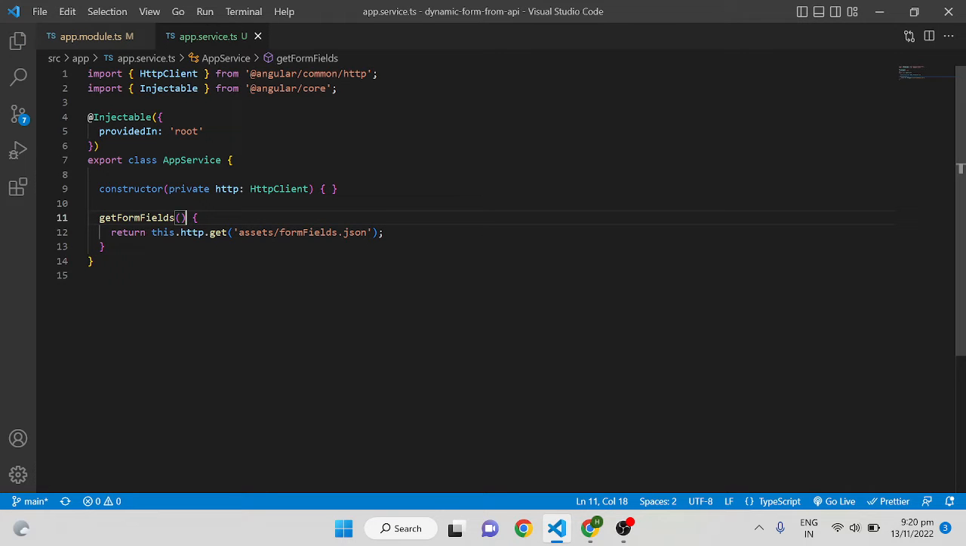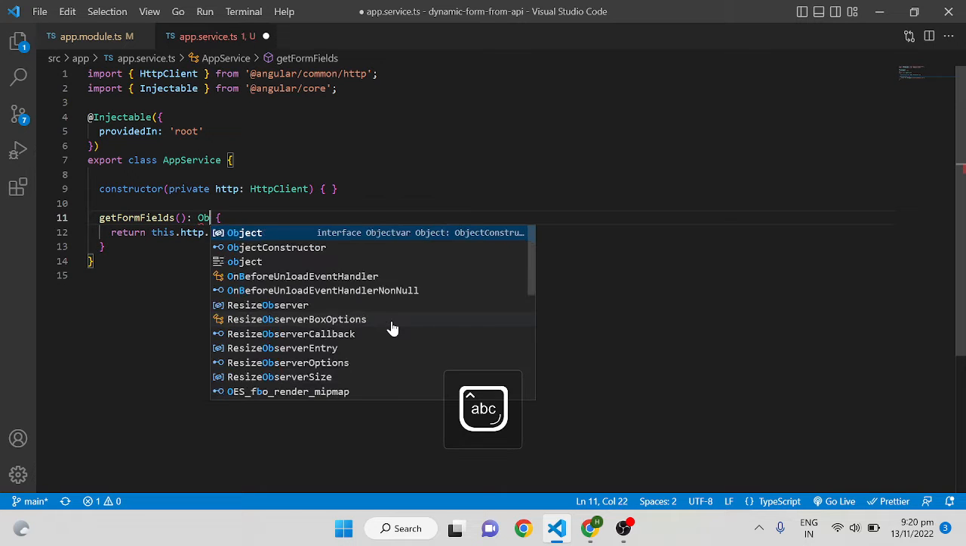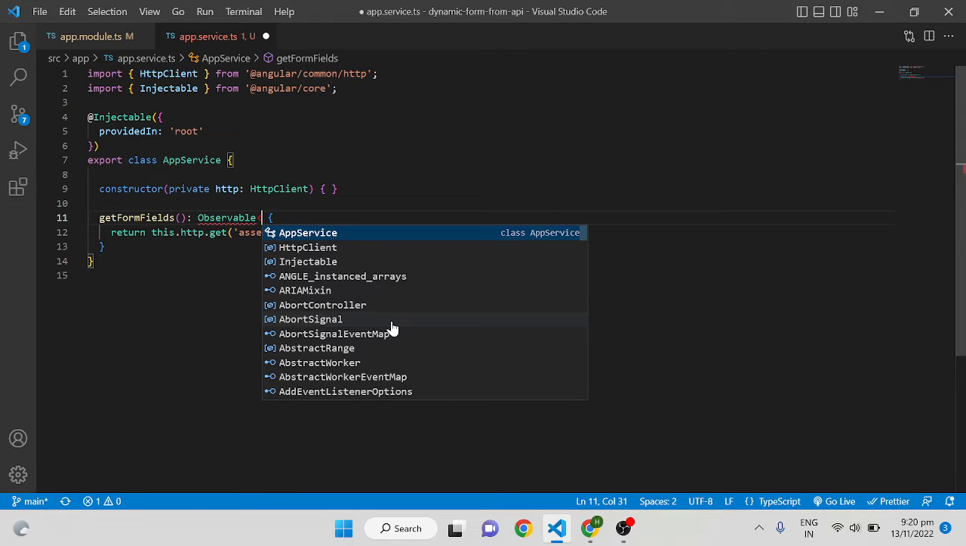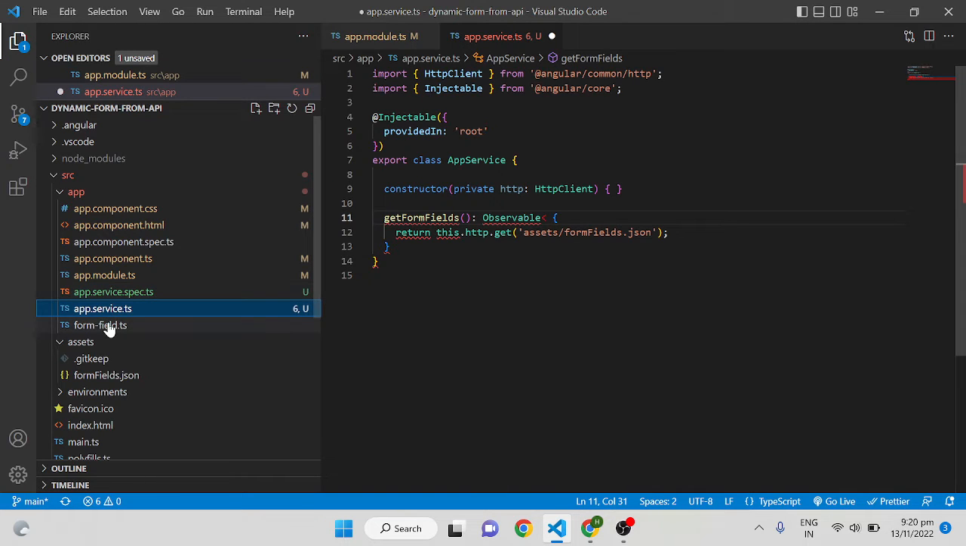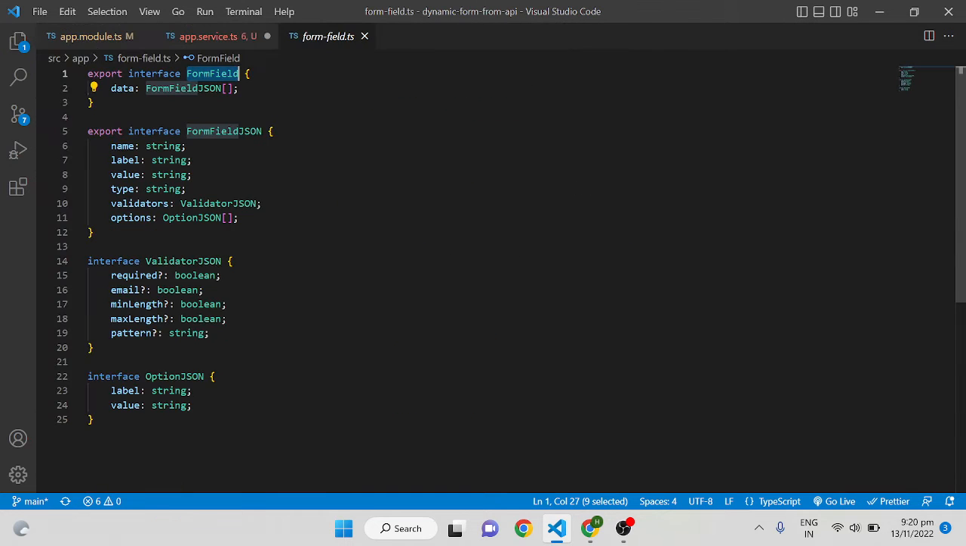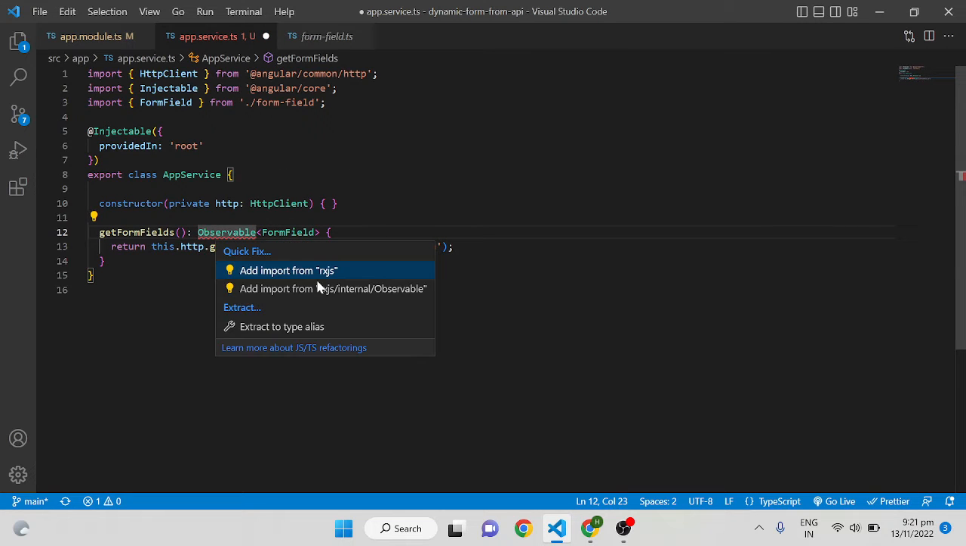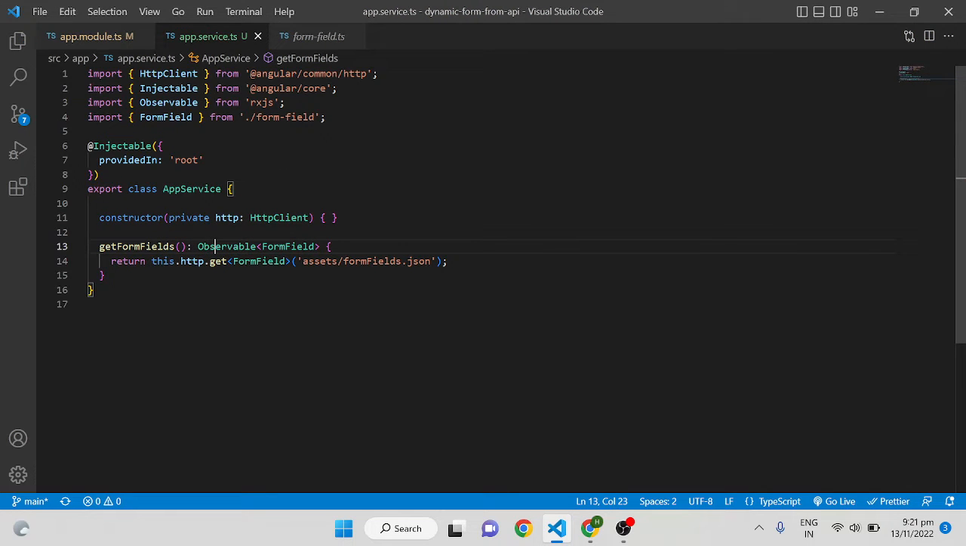And also I am adding the return type as well, Observable of the interface I already created. What is the API response? That I already created an interface. The API response will be the form field. So I'm adding FormField here, and also adding FormField here. Every place it throws an error because we didn't import it. Just imported Observable also. So once this has been completed, we can go to the